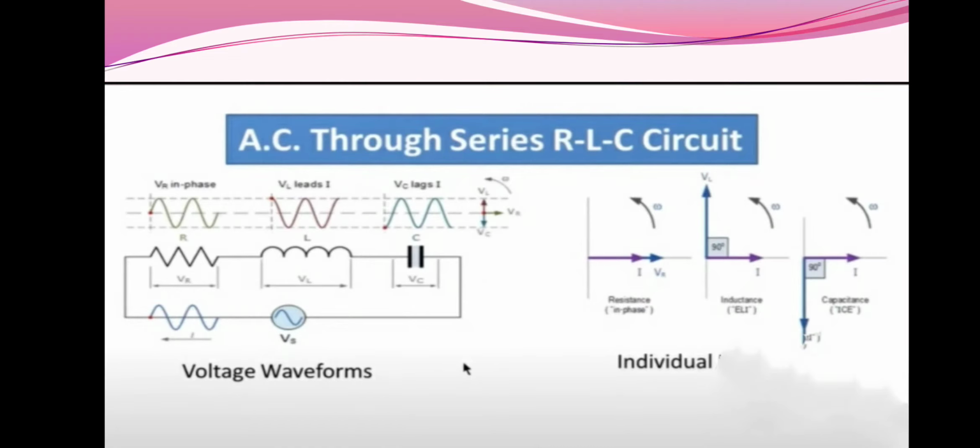So next we will see phasor diagram. First of all, we will write individually phasor diagram for RLC. For R we have shown here both voltage and current are in phase. For inductance we have shown here again second diagram. Current lags the voltage by an angle 90 degree, and third phasor diagram for capacitor, current leads the voltage by an angle 90 degree. So combine all these three, take I as a reference because I is same.